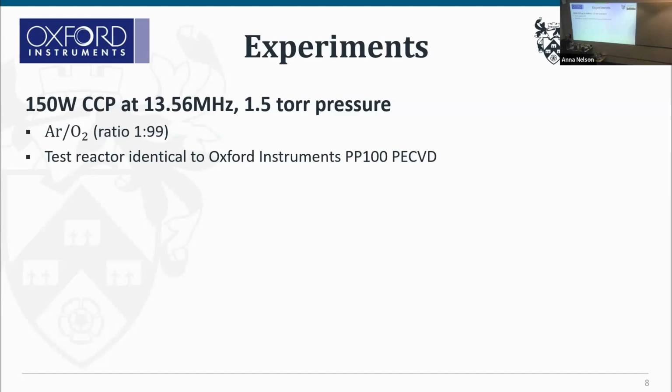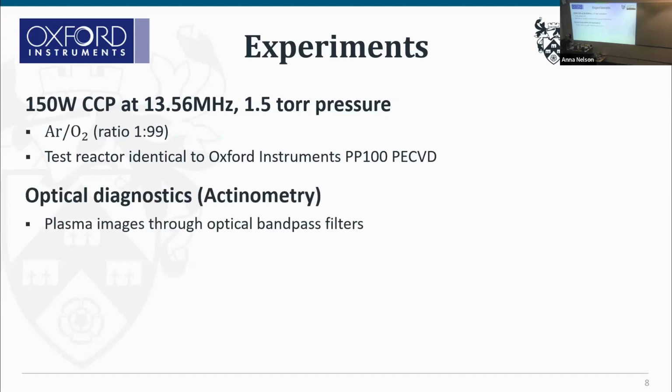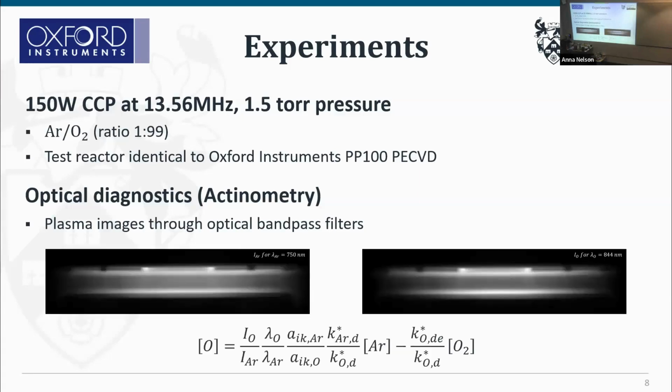The reason why we use the mixture rather than pure oxygen is because we intend to perform optical diagnostics through actinometry. Actinometry is a well-known technique, and we perform this optical diagnostics by capturing the images of the plasma through an optical bandpass filter. Here, if we look at the images, these are two images of the same plasma of argon oxygen mixture. With this optical bandpass filter, we can capture a snapshot of the spatial intensity variation corresponding to the